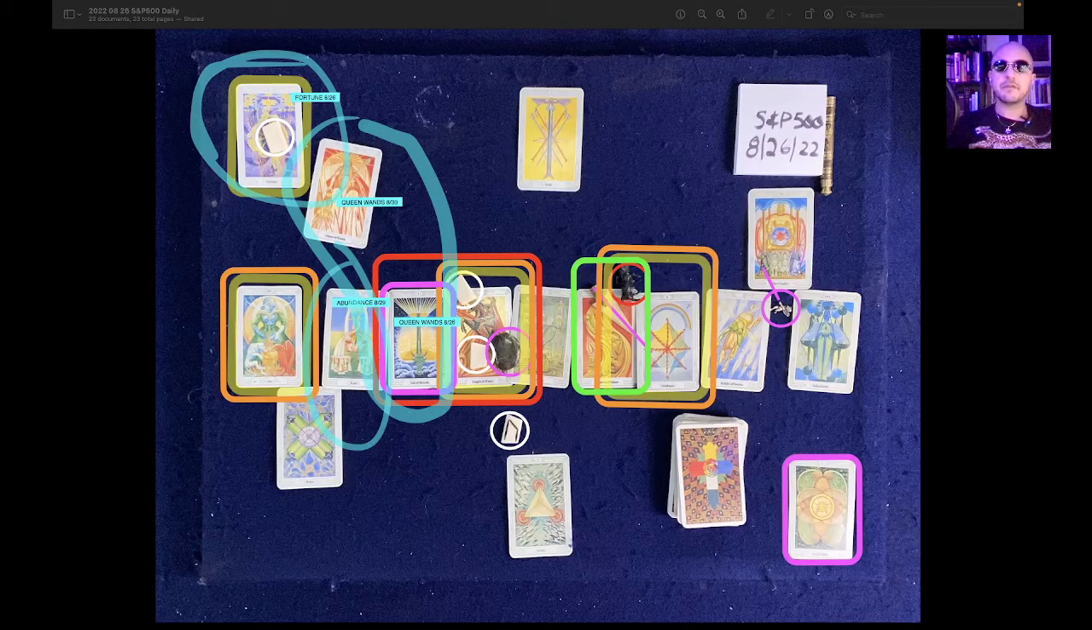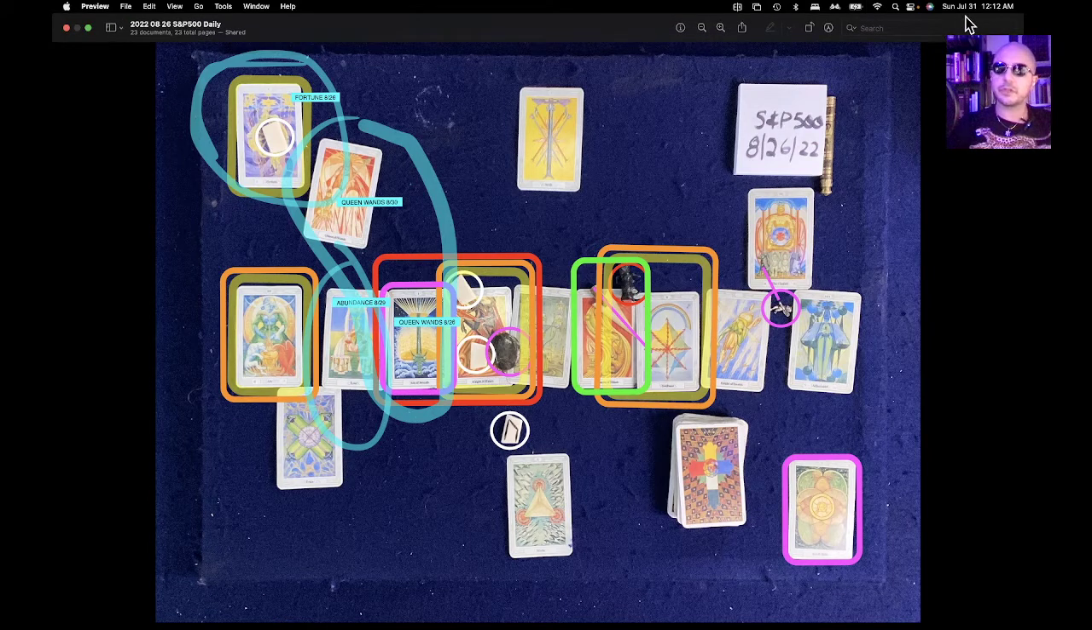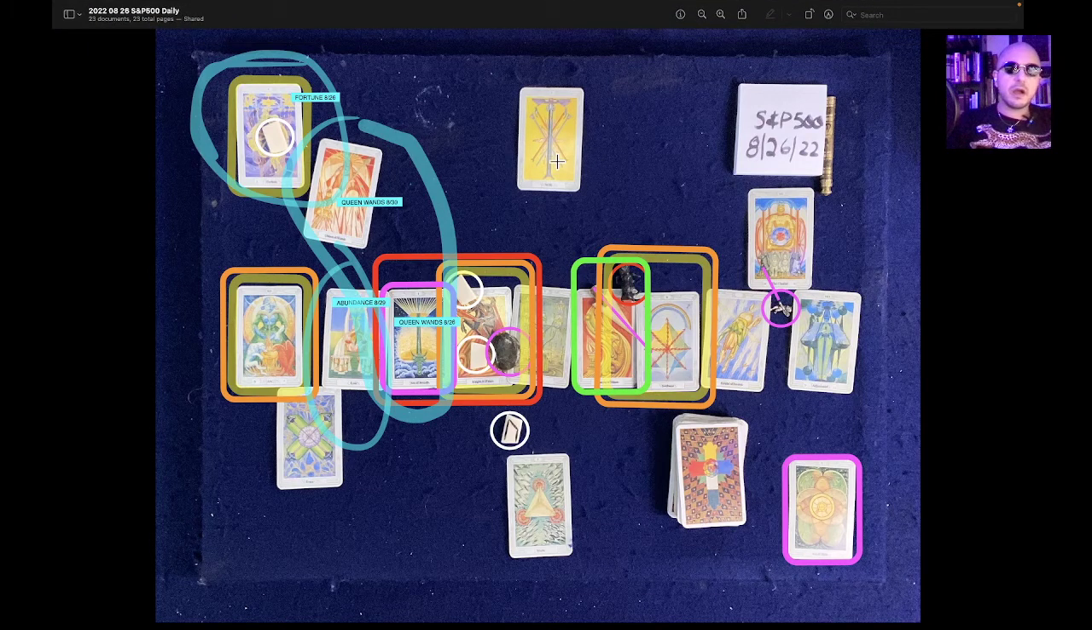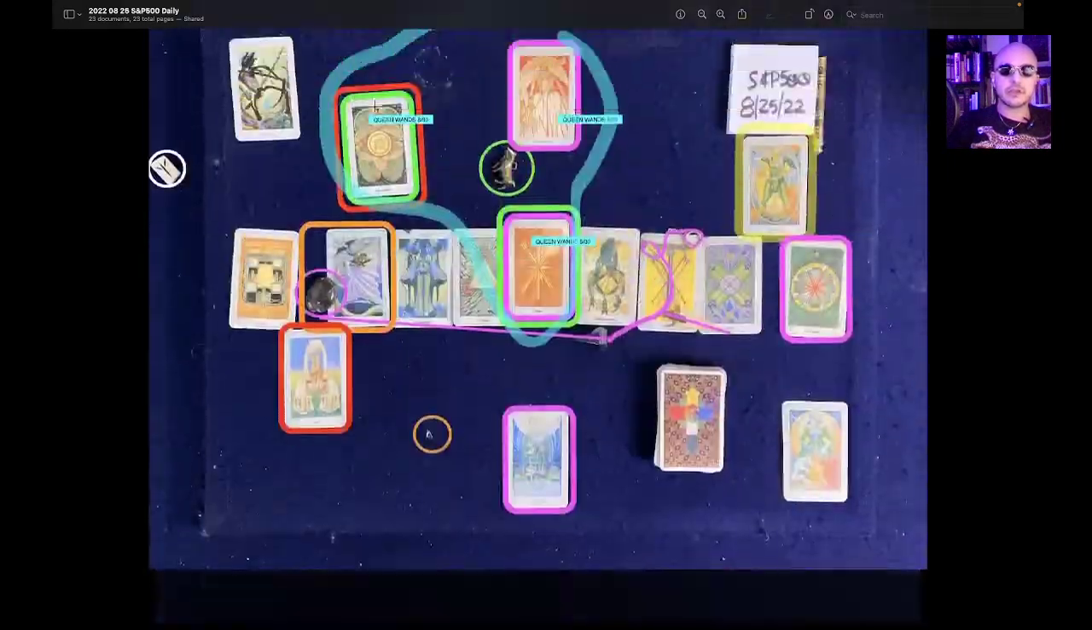This is the S&P 500 one-day reading for August 26, 2022. It's currently July 31st, 2022, 12:12 a.m. Eastern Time. In the overall theme and behavior, there's a notable reversal, guys, not just on a one-day chart. When we look at it, there's a congruency here